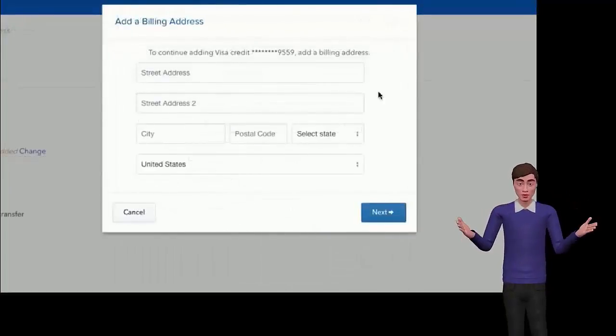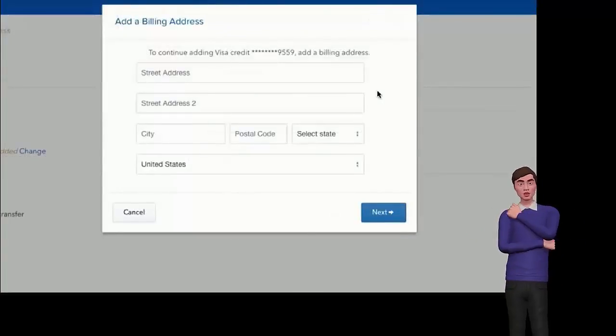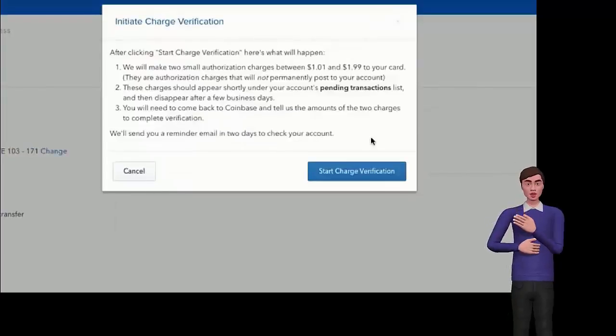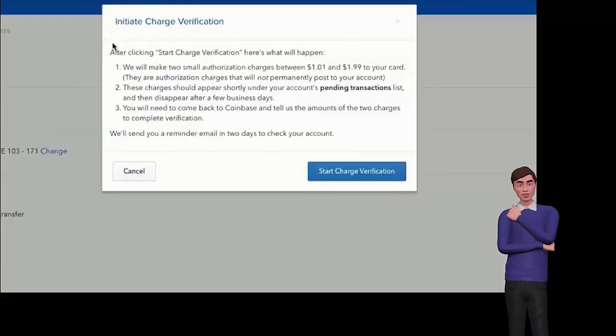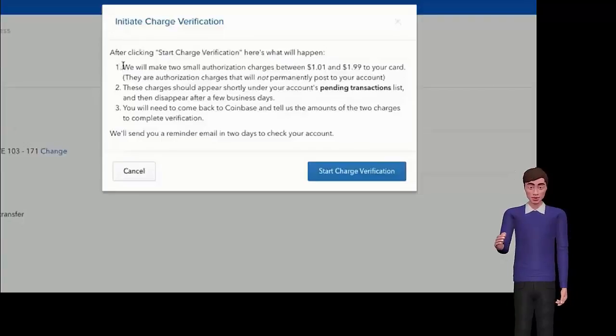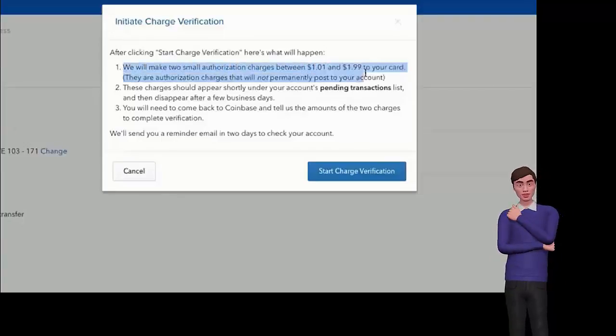So now I just need to add my billing address. So I'm going to go ahead and add that, and I'll see you on the next page again. So now that I've verified my address, they're going to do the same thing they did during the bank account section. So Coinbase is going to make 2 small charges to my credit card between $1 and $1.99, both of